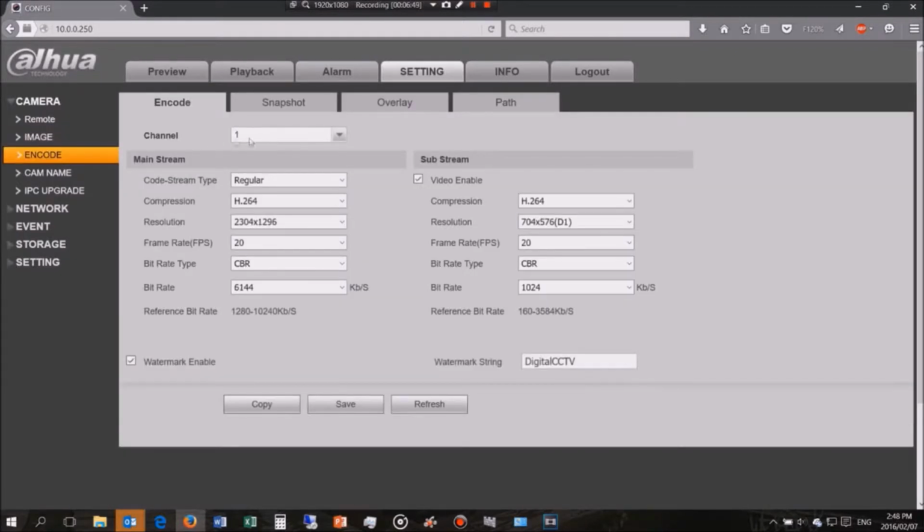You can set each channel. Now, channel 1 is a 3 megapixel camera, so you can set the frame rates that you want. So I've just put it at its highest resolution, and the frame rate is the highest. The bit rate, constant bit rate versus variable bit rate, and there is the bit rate. Watermark enable,